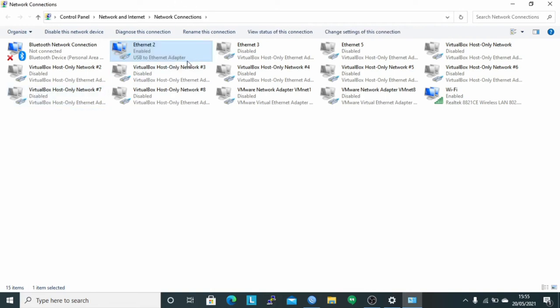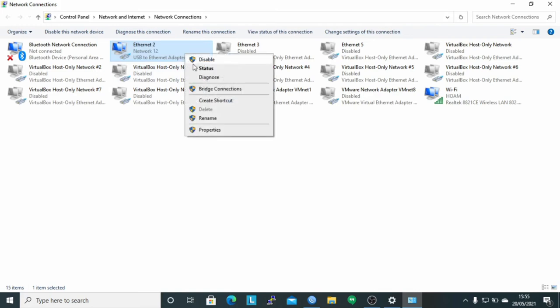If already, check on the client and open the network connection details.